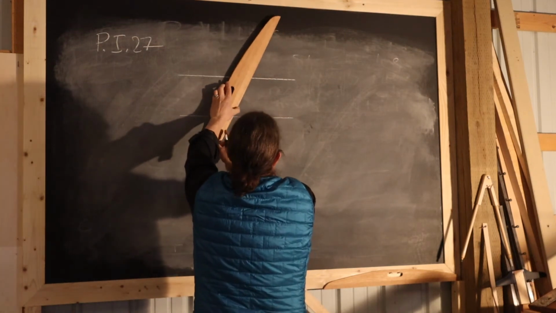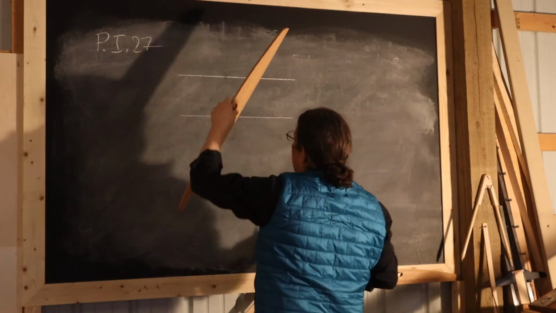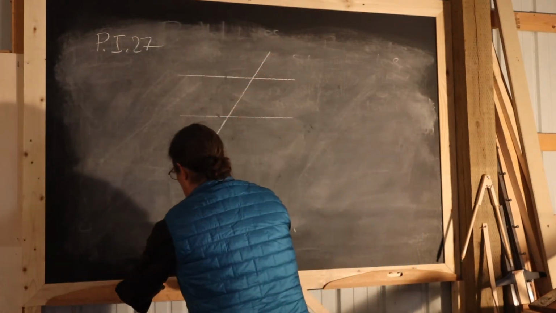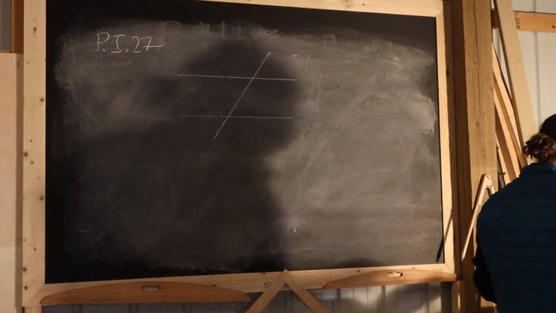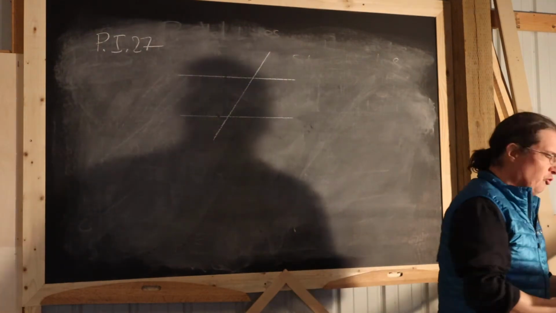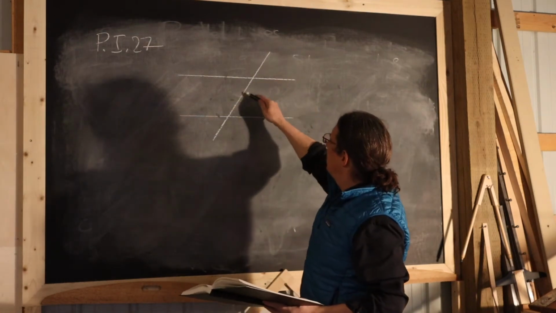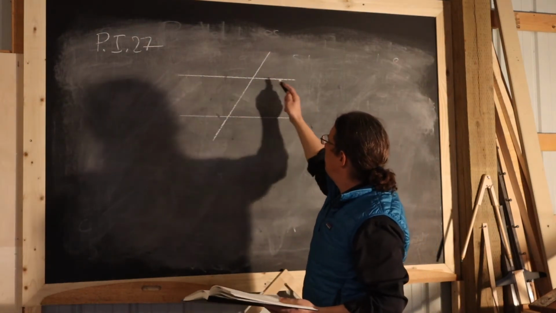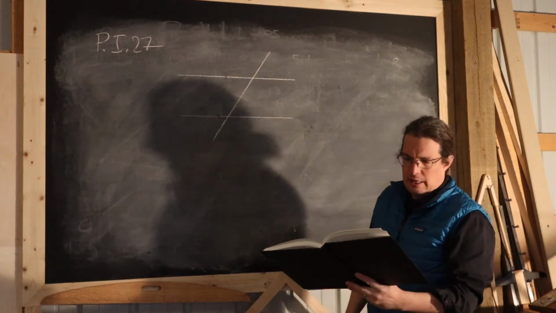And then I'm going to draw a third line that traverses them, that intersects both of them. So, proposition 27 of book 1 of the Elements says that if a straight line falling on two other straight lines makes the